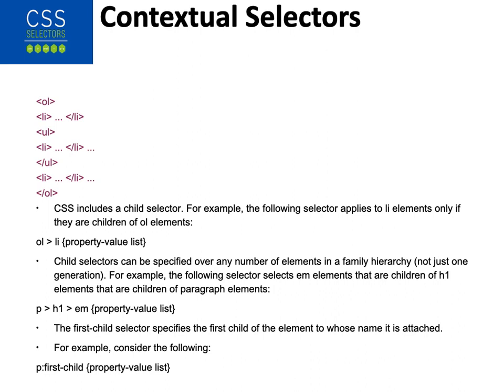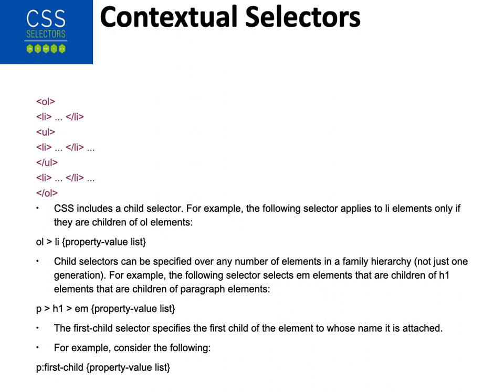So LI list items, those are children of OL elements. Those children are having this particular property value list or the particular style. Child selectors can be specified over any number of elements in a family hierarchy, not just one generation like the previous style rule OL greater than LI. You can give